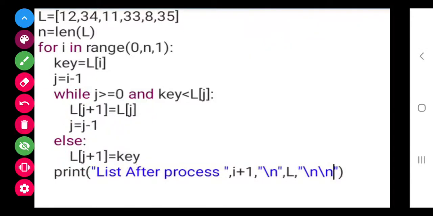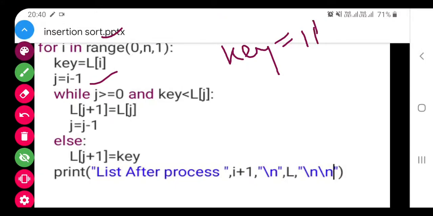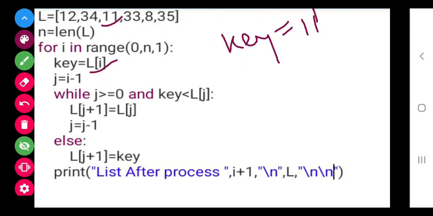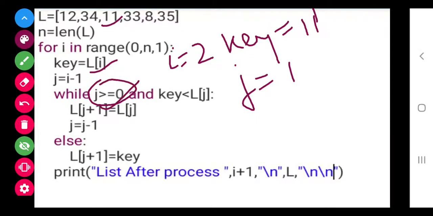Now let's check with the next element, 11. Now your key is 11. The value of i is 2 here, so the value of j will be 1. It is greater than 0, so this is a true condition, and this should also be true to execute the while loop.